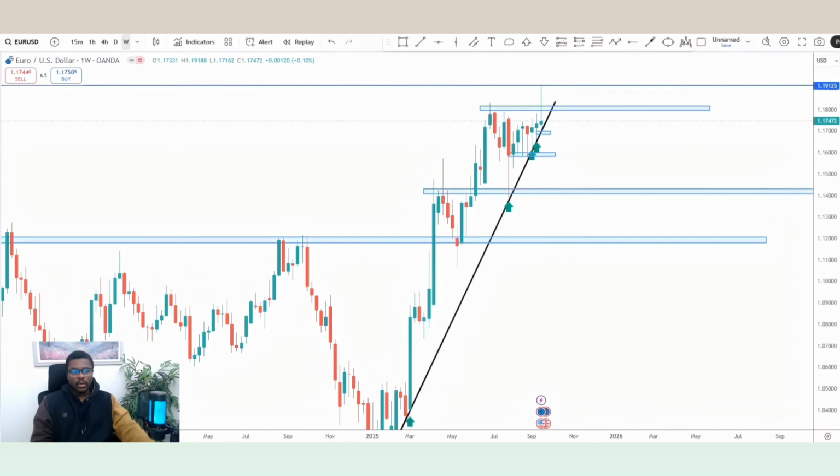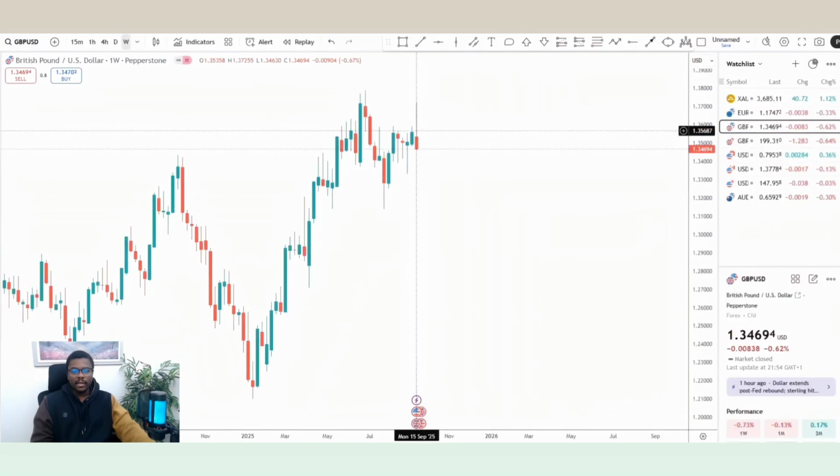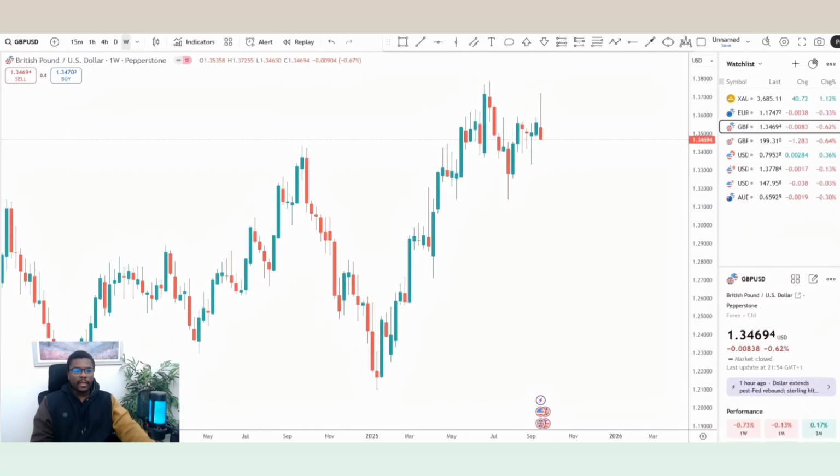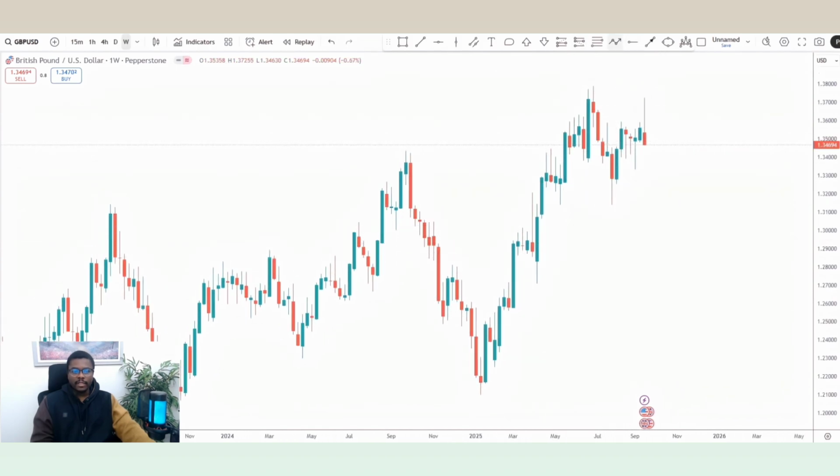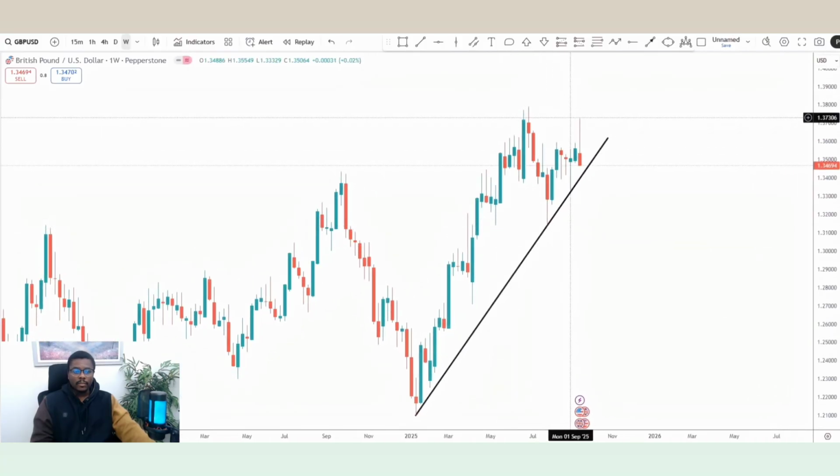So next I'm going to talk about GBPUSD. Again, starting with the weekly time frame and then work my way down to the 4-hour time frame. So on the weekly time frame for GBPUSD, again you can see price has been bullish as well to the upside, forming higher highs and higher lows. And on this previous swing, you can see that price failed to break this previous high here. Got close but never actually got there, and rejected strongly to the downside, forming this very strong bearish candle,